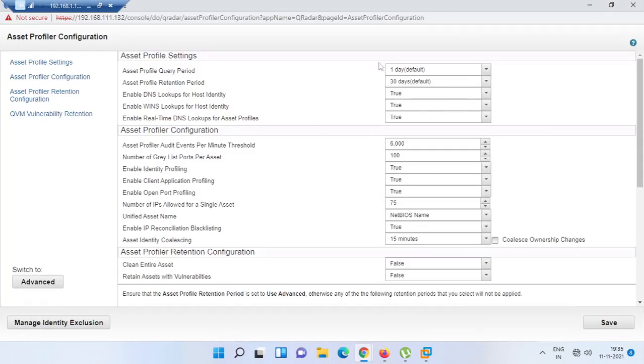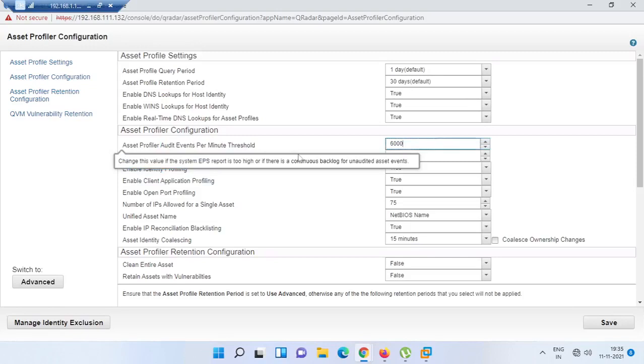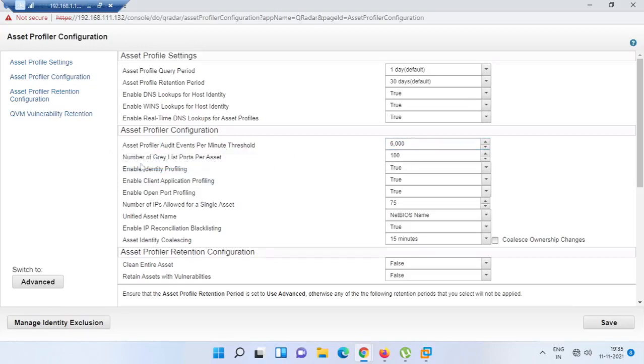This is what you should majorly take care of: how many things should be the threshold, what is the number of gray lists to be added, whether it should be identified using profiling true or false, whether client application profiling is enabled or not, what are the open ports that can be true, and what is the number of single assets that can be handled and all. If you start doing all these things, it will provide a genuine report.